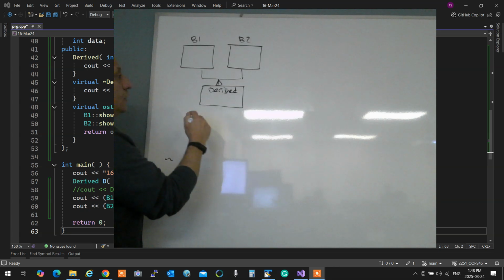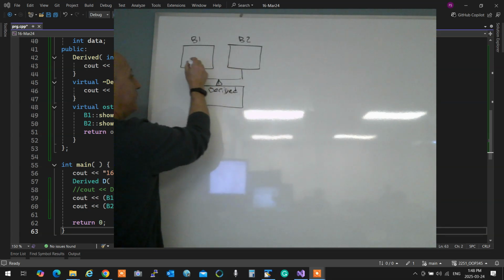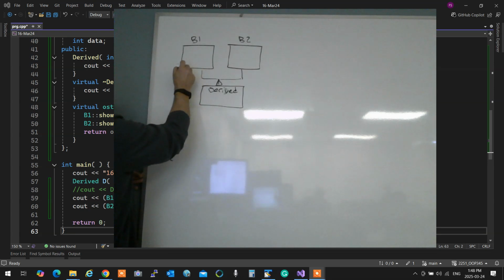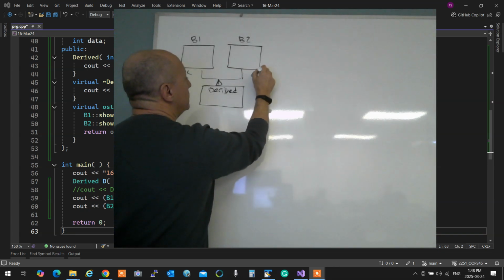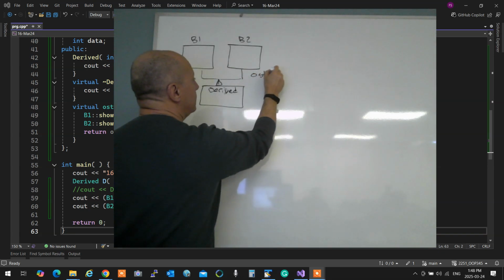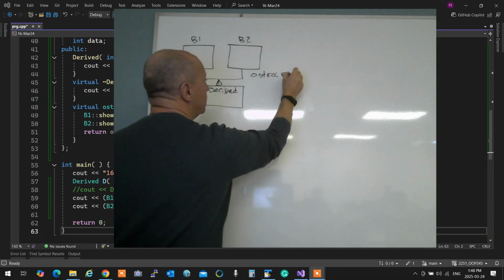If I create an instance of type derived, I have overloaded this one to work with ostream, and I overloaded this one to work with ostream again. So this is B1 that can go in there, and this is B2 that can go in there.